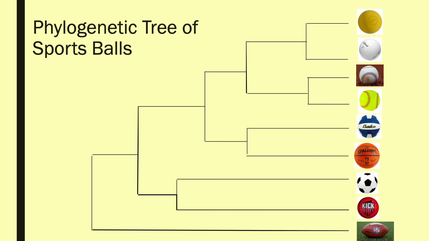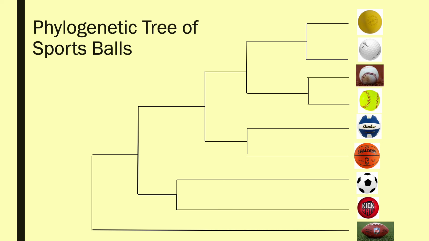Then if we go back to the next internal node, we'll see a split that gives us baseballs and softballs, which are very similar. They are stitched balls that are not hollow and are used in a sport that uses a metal bat to compete. If we go back another internal node, we'll see where a volleyball and a basketball branch out. These are cladogenetic as well because they are hollow balls